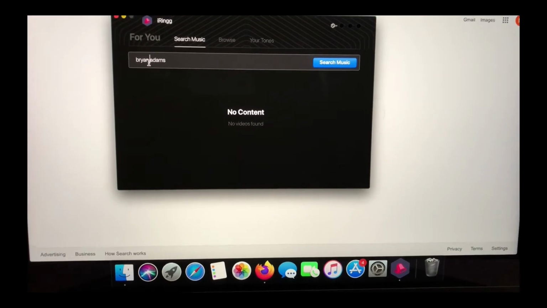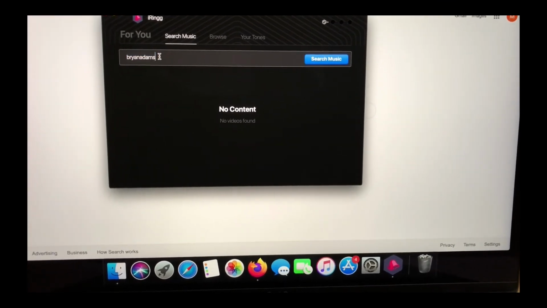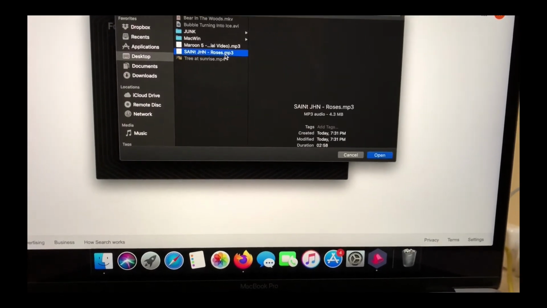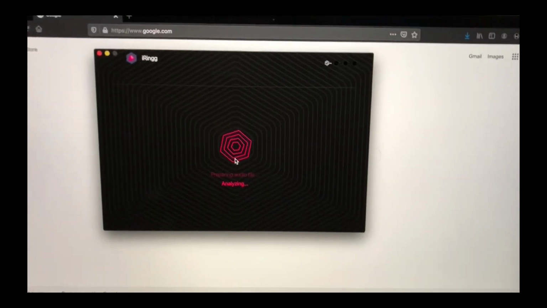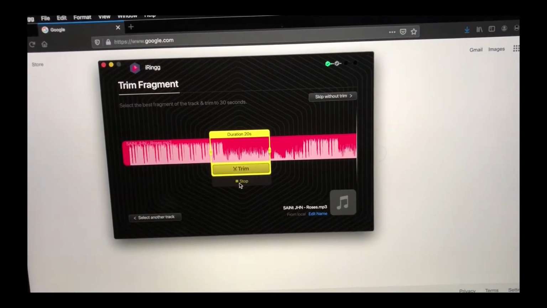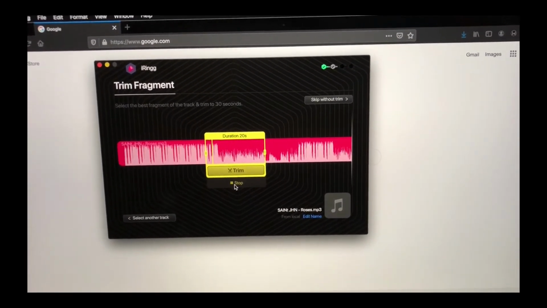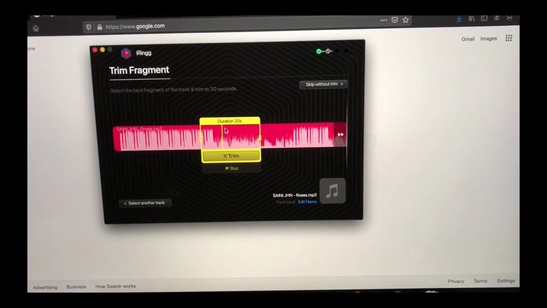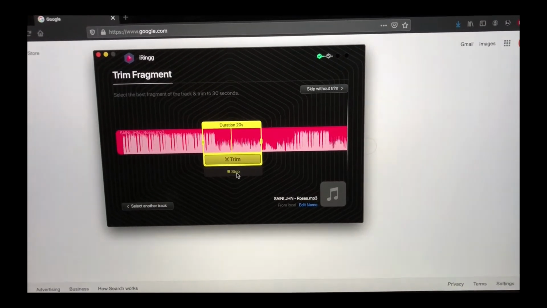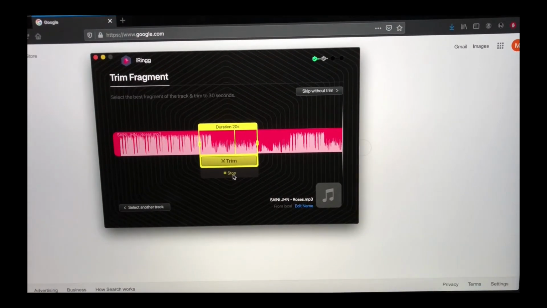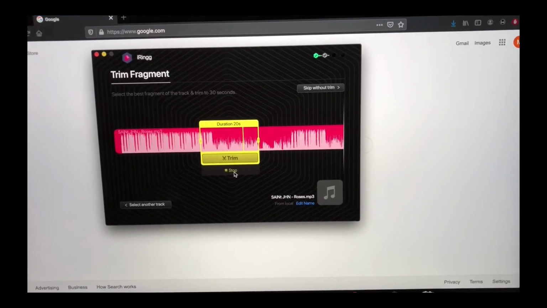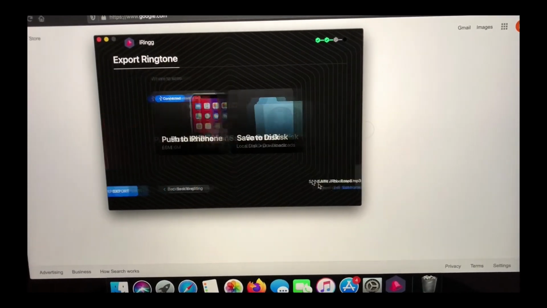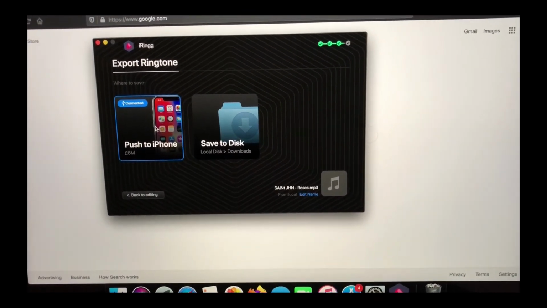So if you have the track, you can automatically go to browse and upload your track from there. I'll look out for another track now. Let me add that track. You can customize the tone like how we did in the previous edition. You can scroll up and you can choose your duration. So by default, iPhone ringtones come for about 30 seconds of time frame. So this automatically takes 20 seconds of time frame. You can add your own tones to it and you can push it directly to your iPhone.